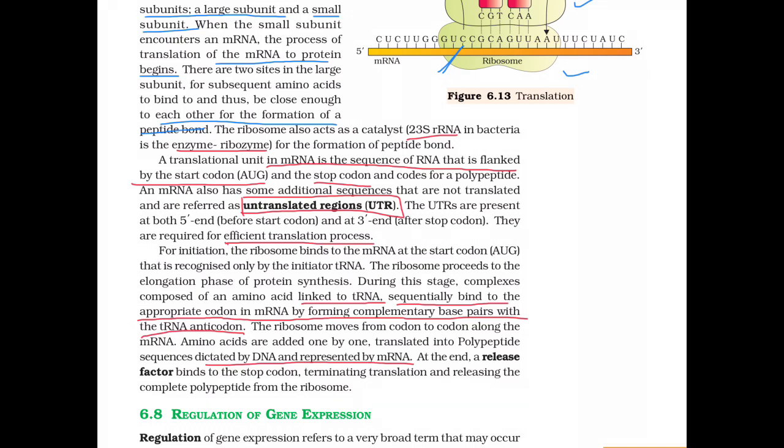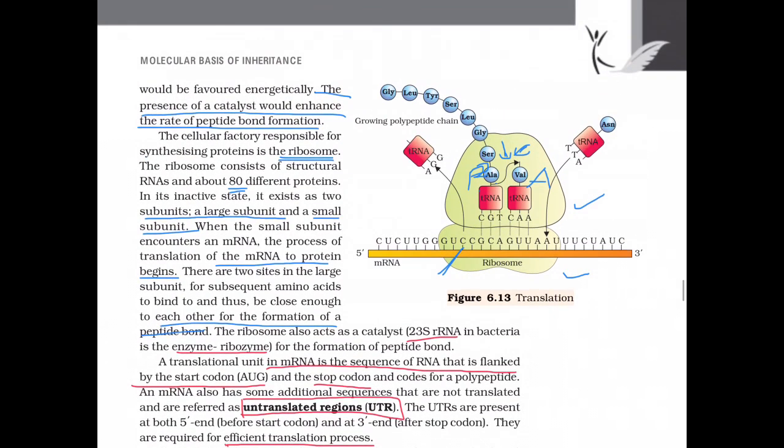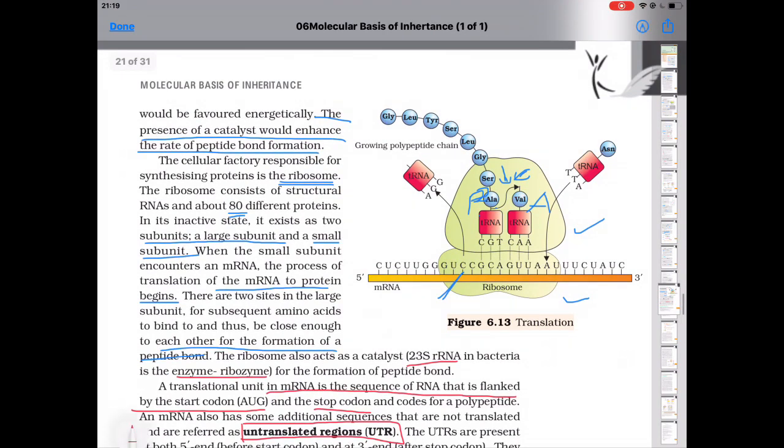So during translation, site A of the ribosome receives the charged tRNA. At this site, codon-anticodon matching occurs. If anticodon of tRNA is found correct, the tRNA is passed to the P site. First, it attaches to the A site and then it moves to the P site. A new tRNA now comes at A site. Again, its anticodons are checked.